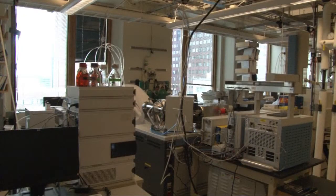As you can see around us, there's a lot of very, very expensive scientific equipment in this laboratory, and a lot of people operating that equipment. In order to maintain a laboratory like this, we're very dependent on our funding sources. Probably the major funder of equipment and people in this laboratory is NASA, through the NASA Astrobiology Institute, where we have one of the lead teams with the focus of that research is